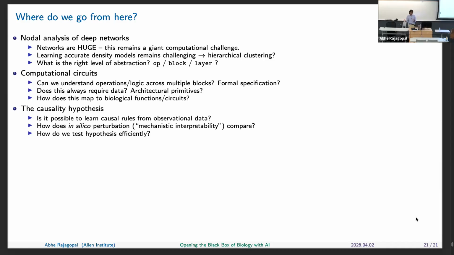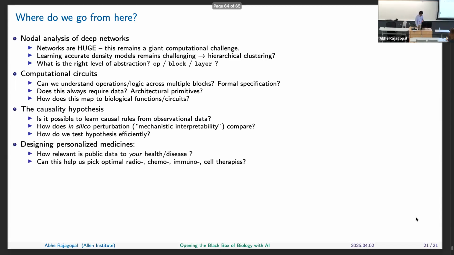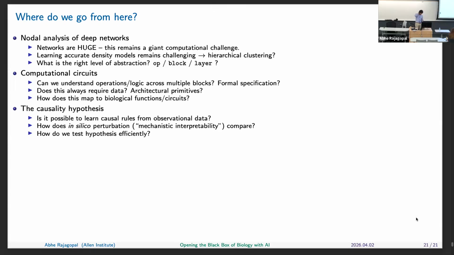There's obviously a gap there between how quickly I can come up with hypotheses of what the different subgroups are and what genes to perturb, and how quickly I can actually test those in the lab to validate that those hypotheses were right. There's a big gap between those things, and maybe robotics will improve and we can do that much quicker, but it's not quite there yet. I guess one way that I would mention, especially if you're interested in this area of in silico perturbation, is this idea, I don't want to call it a field, called mechanistic interpretability, that was coined by Chris Olah, who's now at Anthropic.